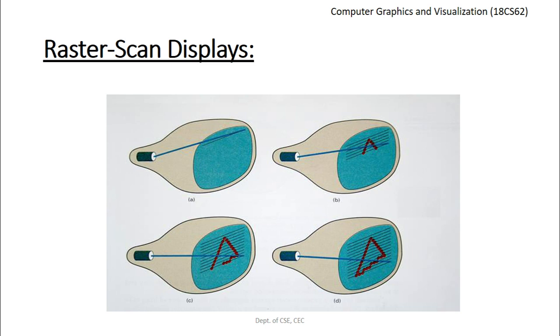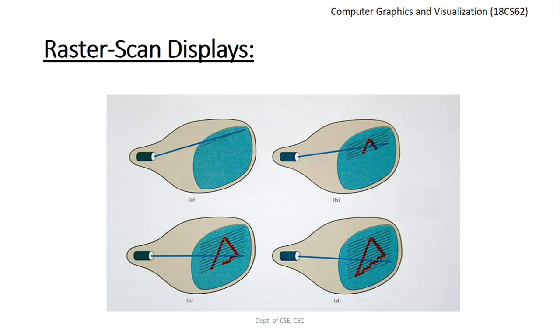So on color systems, unlike the black and white systems where we use the bitmap, the frame buffer will store the values for the pixel using something called a pixmap. Each entry in the pixmap occupies a number of bits to represent the color of a pixel. For a true color display, the number of bits for each entry is 24. That is 8 bits for red, 8 bits for green, and 8 bits for blue. Each channel will have 256 levels of intensity value. So 256 voltage settings for each of the red, green, and blue color electron guns.